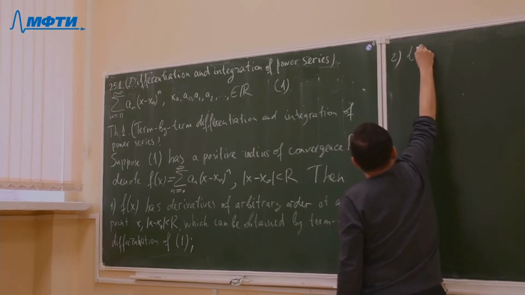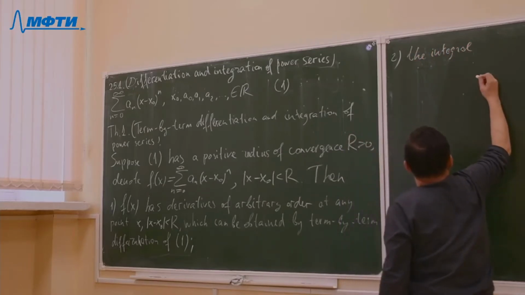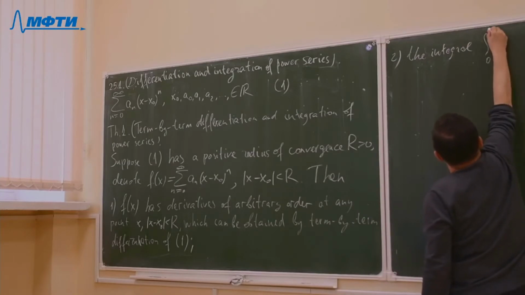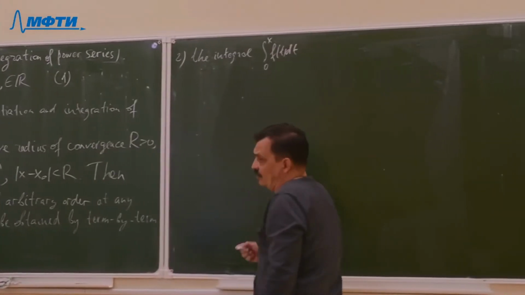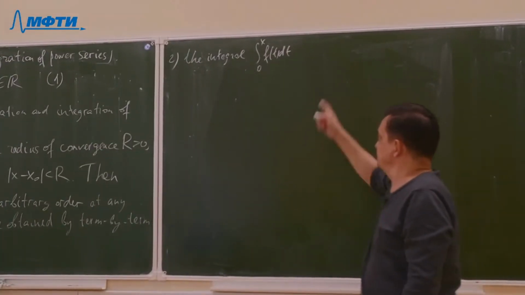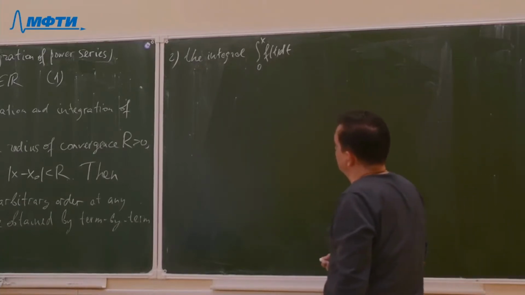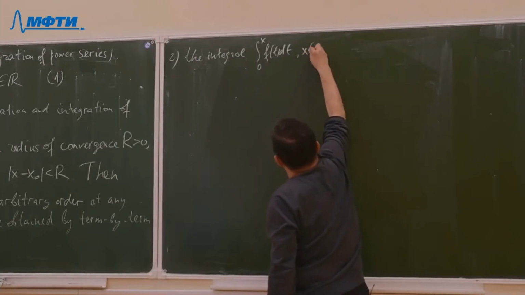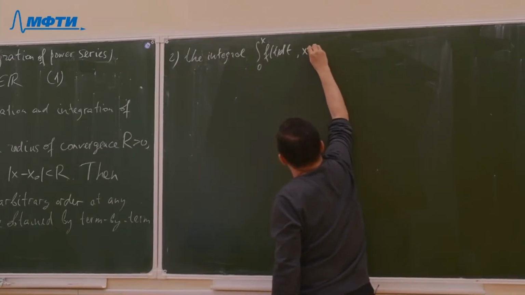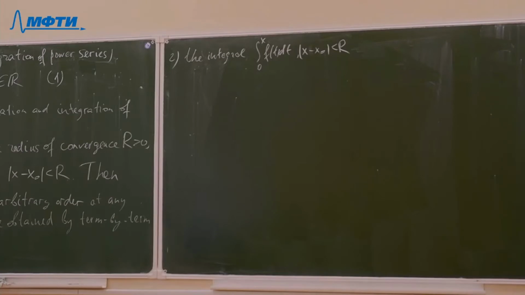The integral from 0 to x of f of t dt, we know it exists because of continuity of f of t. We know this property. So the integral for x, again, satisfying the inequality modulus of x minus x naught less than r,